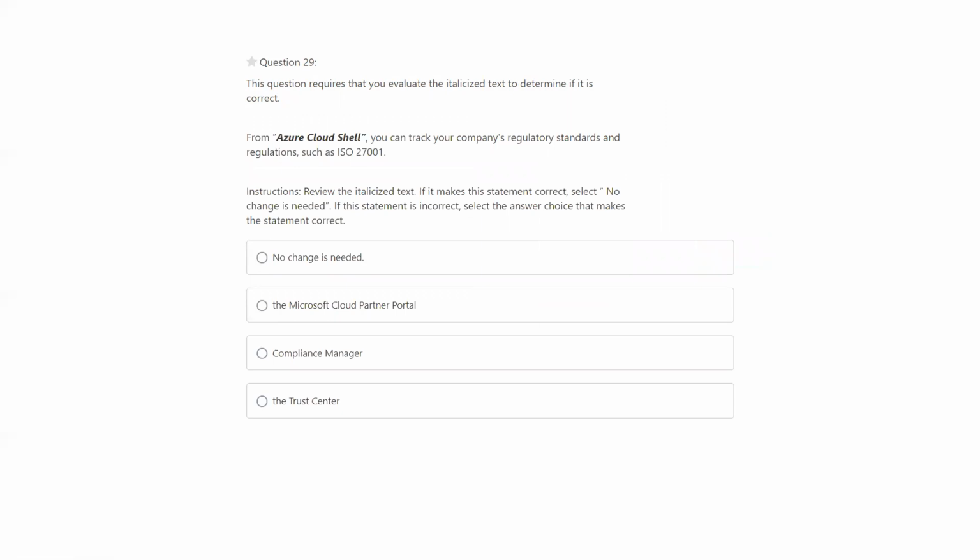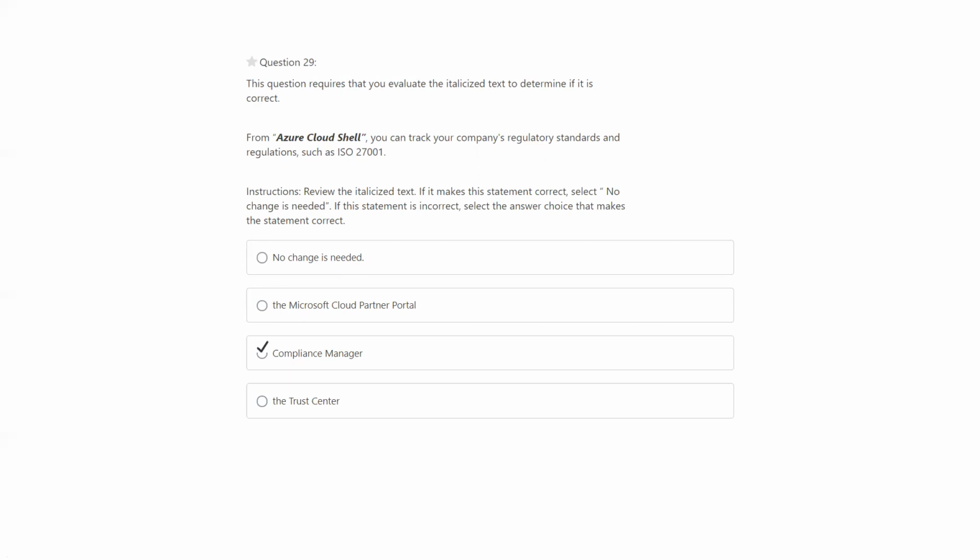From Azure Cloud Shell, you can track your company's regulatory standards and regulations such as ISO 27001. So here the answer options are no change required, Microsoft Cloud Partner Portal, and the Compliance Manager and the Trust Center.